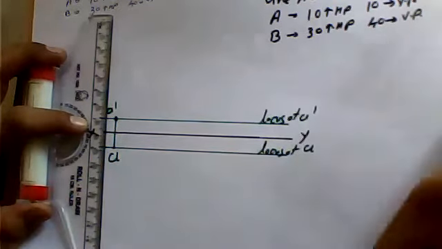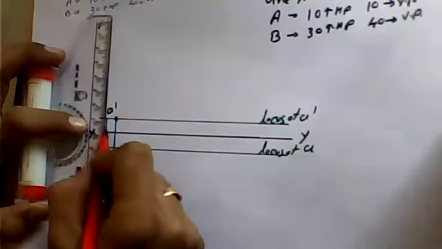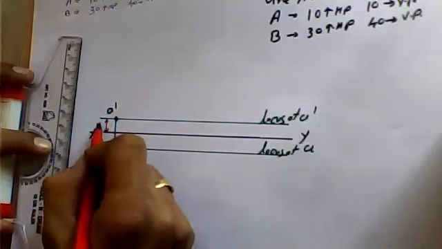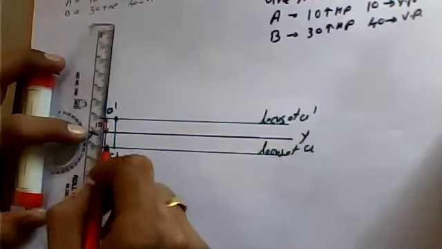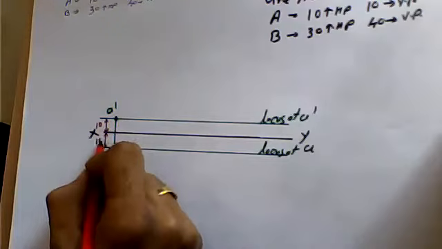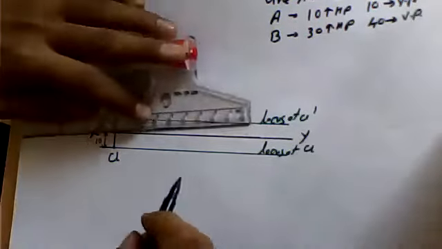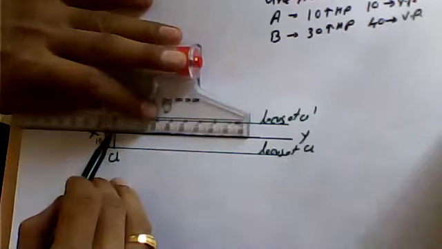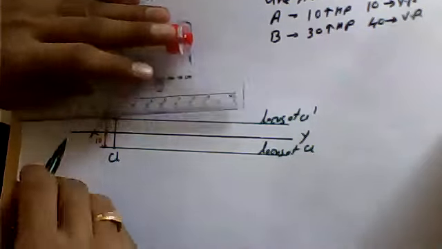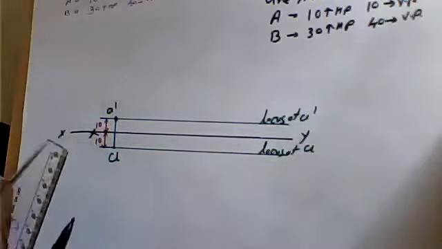What is the distance for placement of this data? The distance which is mentioned is like this: 10 mm above HP and 10 mm in front of VP. Kindly follow the same draft. You need to follow the same condition, same configuration. I'll extend this line and mention X over here.